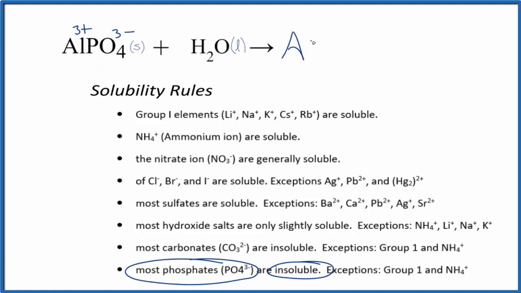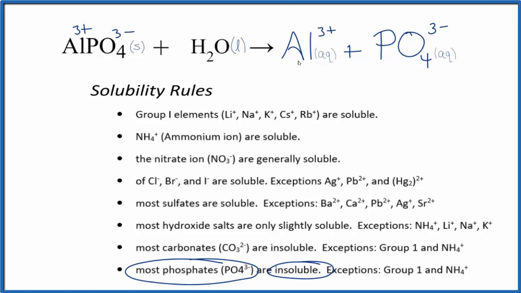So we'd have the aluminum ion, Al3 plus, and then we'd have the phosphate ion. And since these will be dissolved in the water, let's put a little AQ for aqueous after them. Aqueous means dissolved in water. So for the very, very small amount of AlPO4 that dissolves, this would be the equation for it dissolving and